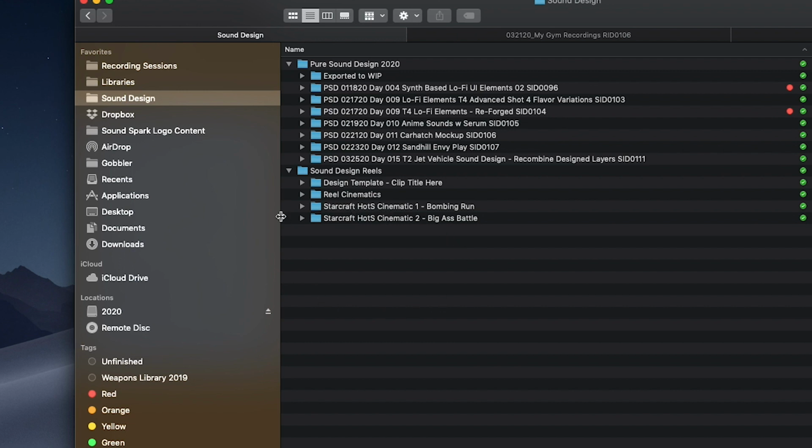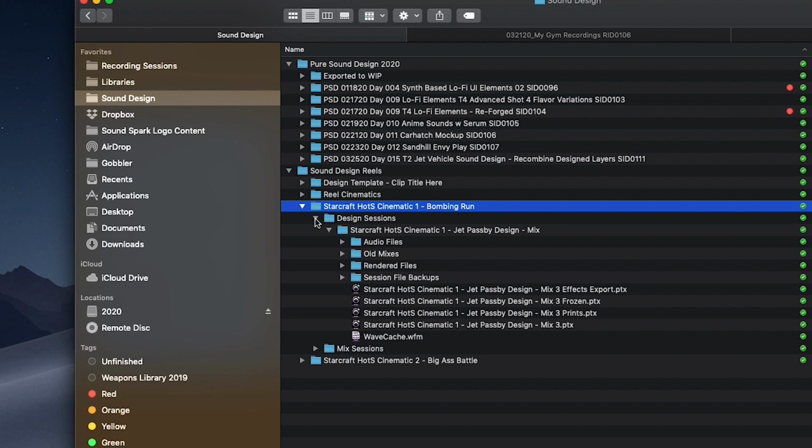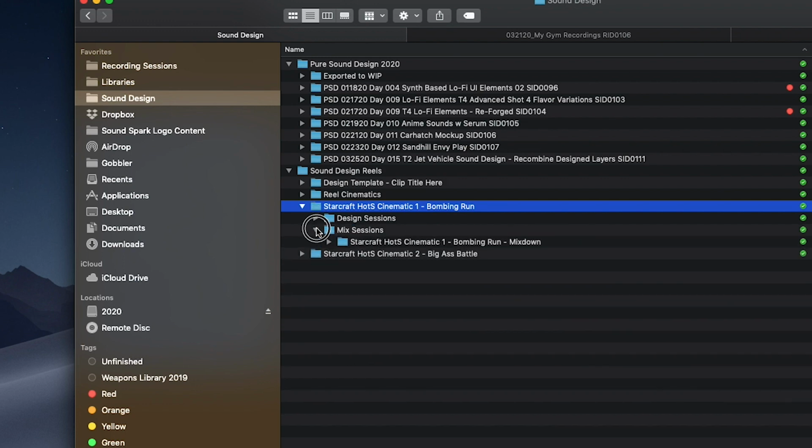And then I have some StarCraft. These are some of the things I worked on recently. So my last video, that was the bombing run. It's just what I titled it. So these have inside of them a design session and then a mix session. All right. So again, that's just a smaller look at that kind of aspect of my, not necessarily library building,